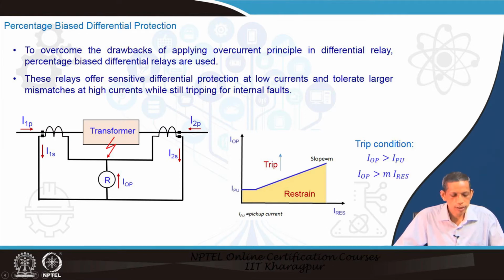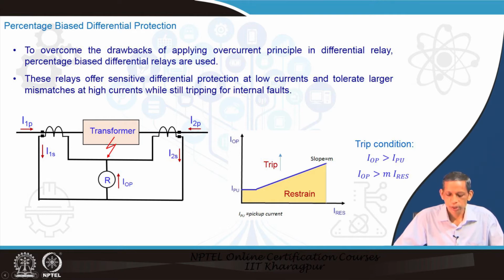So, that is not an internal fault situation. To overcome that problem, for large external current or large through current, the restraint should be more, and that is what this protection philosophy provides: if you have large current, then the restraint should be more,